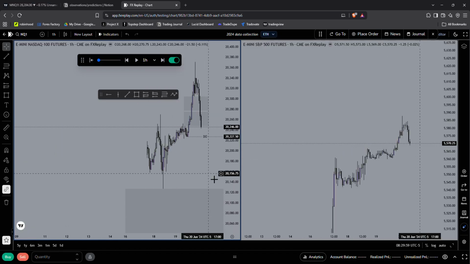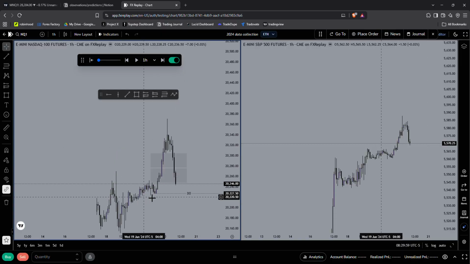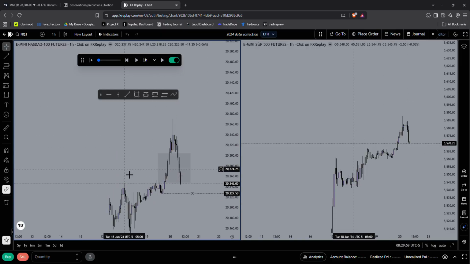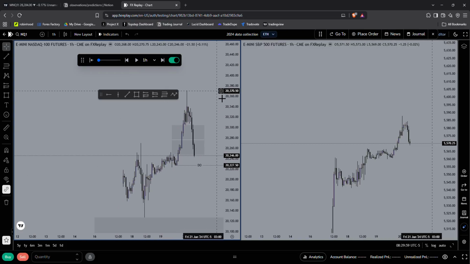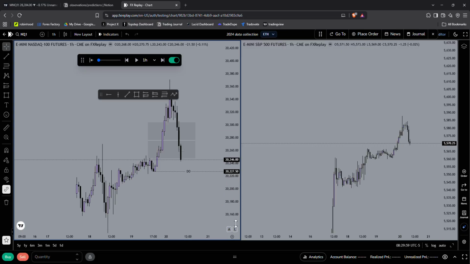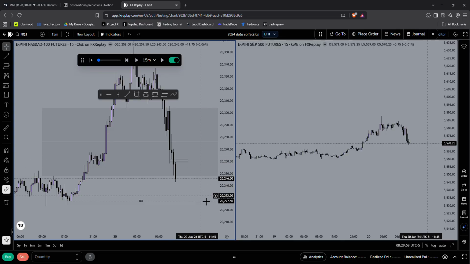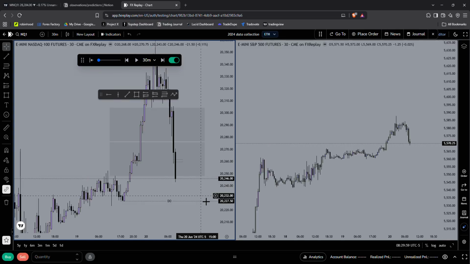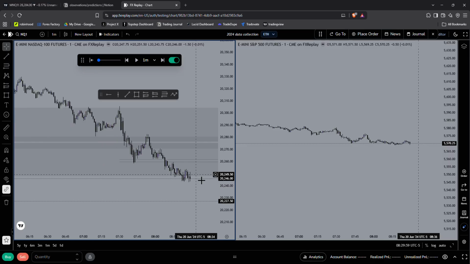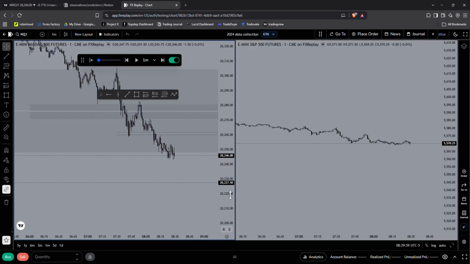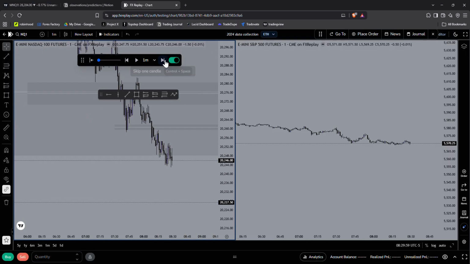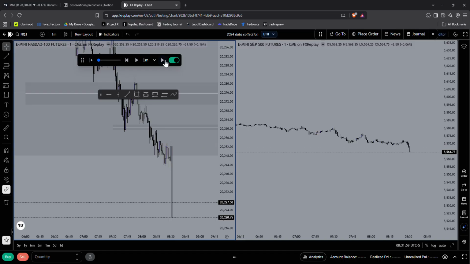So back to what I said about the AMD setups, we have accumulation up here, manipulation higher. PD array, not really a good PD array, you know, it's all-time highs. But we are having a distribution down. So this 15-minute, I would like to take shorts off of. And there's a 30-minute right here. Mark out this 30-minute. Okay, let's see what we do, bro. Boom. Okay.